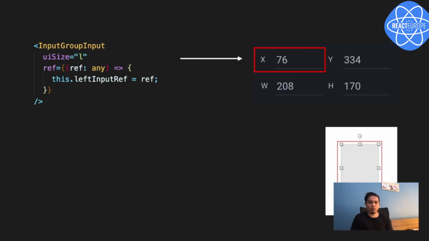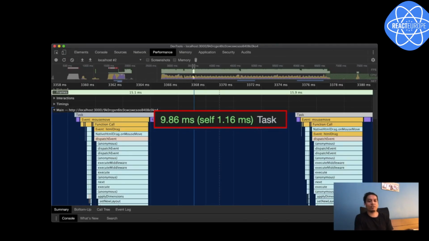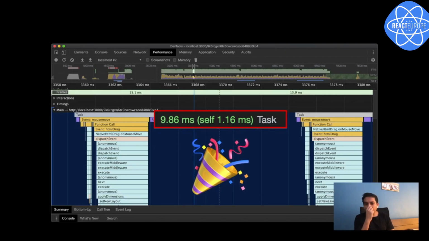And when the resizer resizes things, it emits an update, and the component listens to that emit. Instead of force update, this time it directly updates that DOM ref value and skips the React render cycle altogether. This is not a recommended approach, but these are the little hacks we added to gain performance. And yes, we were at 9.86 ms. That's what we were looking for, way under 16 ms. The performance boosted really well. So yeah, very happy to see this.